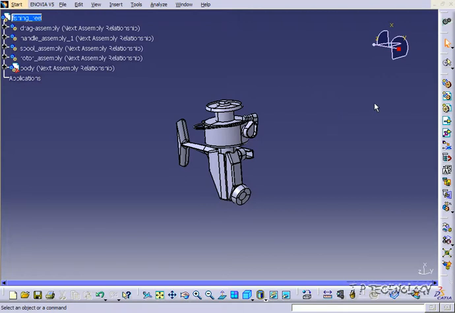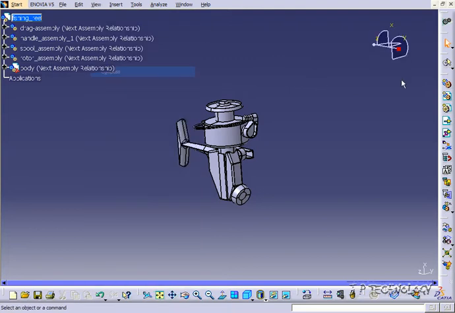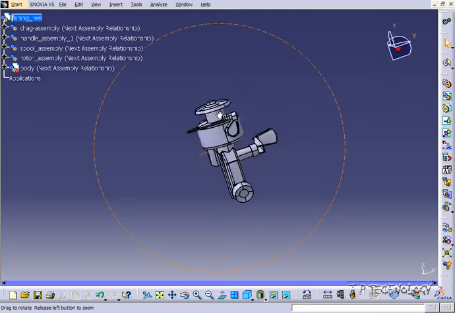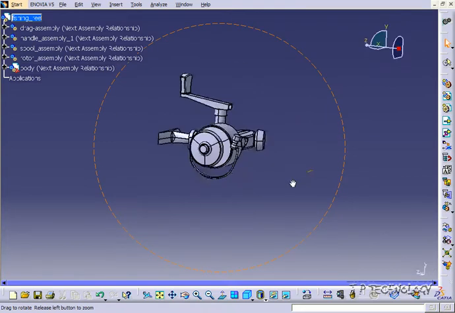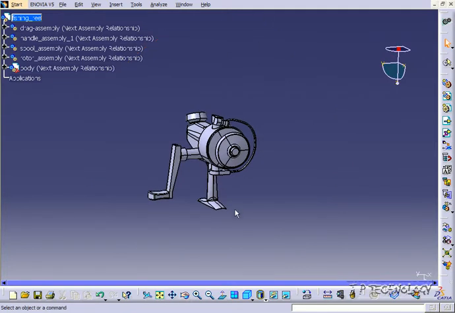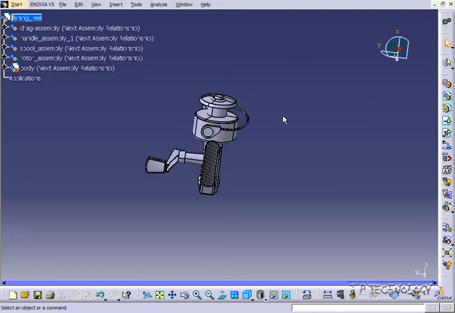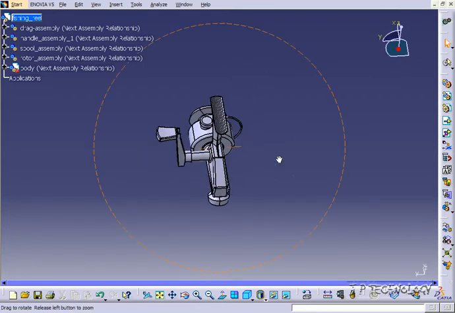Now, this guy here is your compass, and you can turn him on and off if you go to View, Compass, and to turn him back on, get the check mark back, and he's back. Now, if we go and look, when we rotate this object, you can see that the compass also moves. So rather than using the mouse and moving around and panning around and whatnot, you're also able to just use